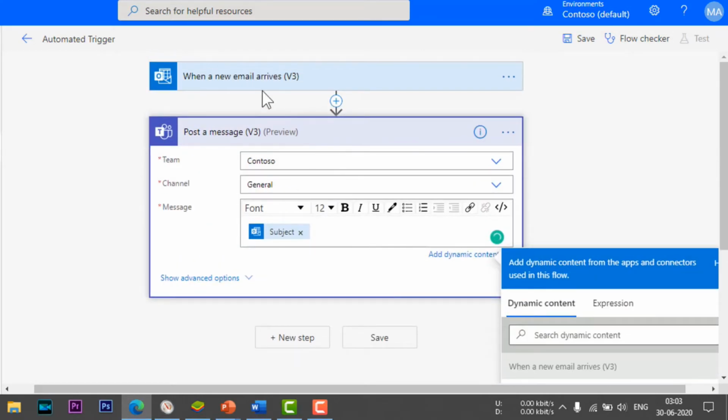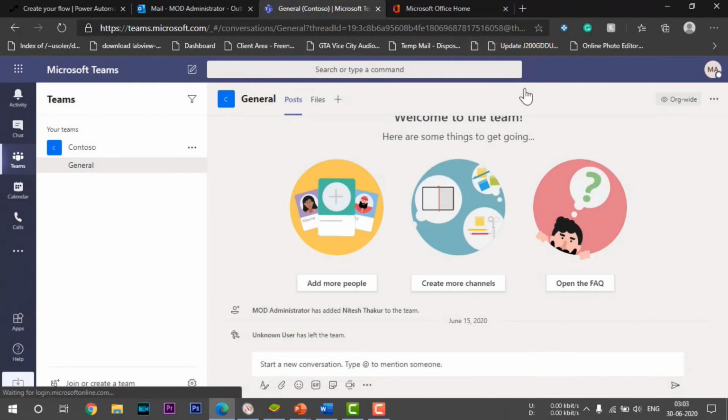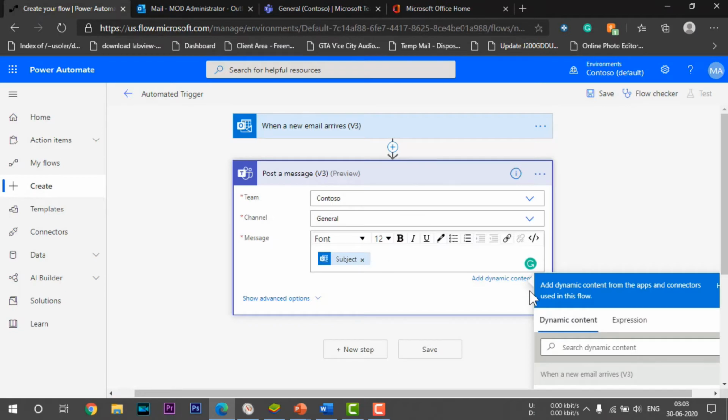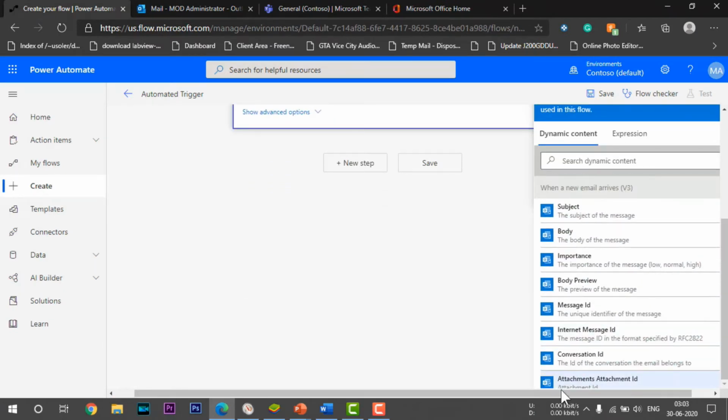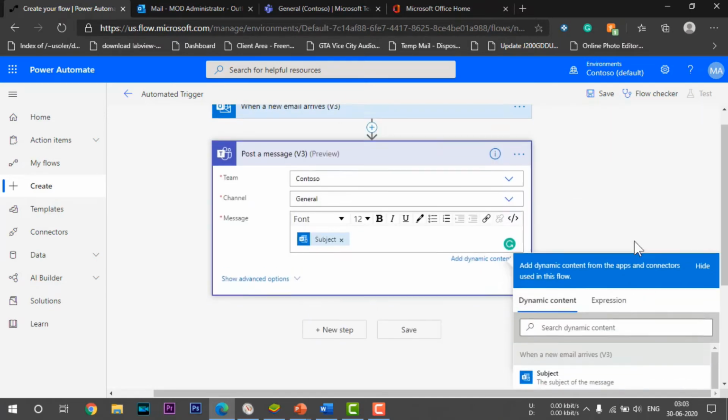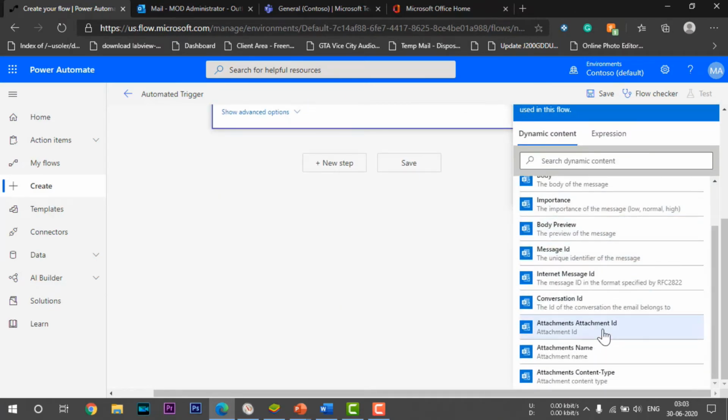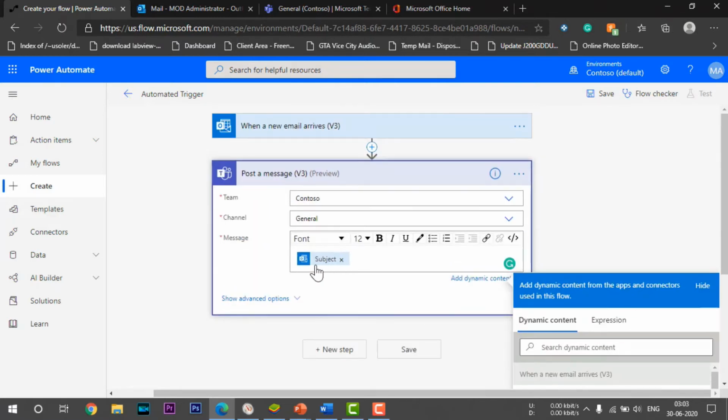So whenever our email arrives with a subject, whatever subject is mentioned over there will directly go here and post in Teams. So this is what will happen in this flow. There are multiple things that you can configure, and you can get all the information in a message. First of all, I am just configuring it for a subject.